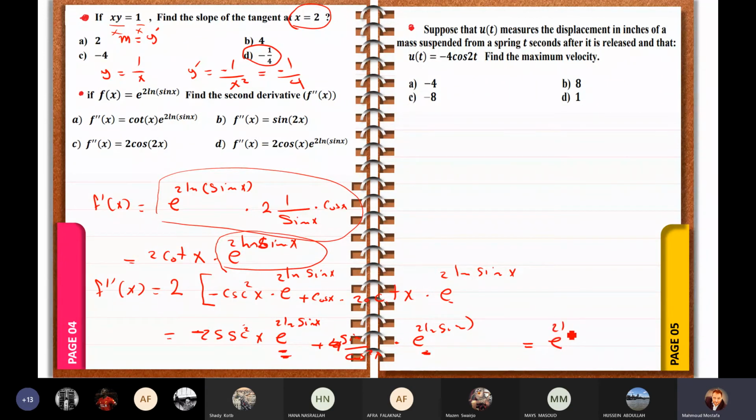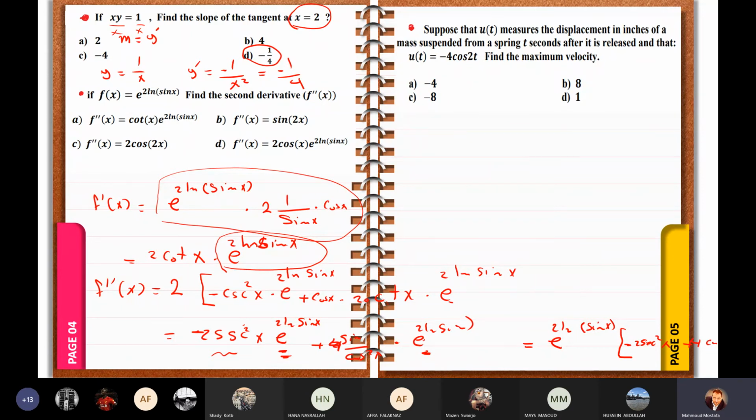So e power 2 ln sine x multiply by, here is secant square, and here is negative 2 secant square x plus, when you take this one here outside, it will be again 4